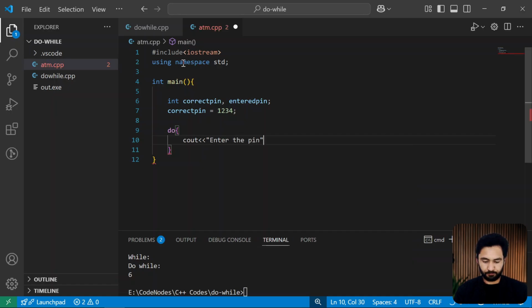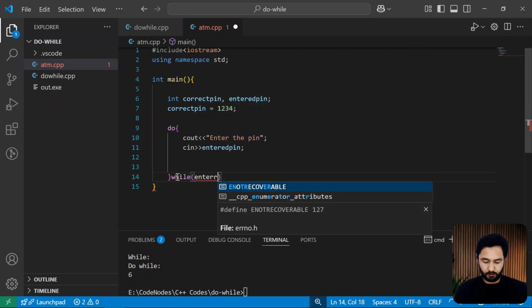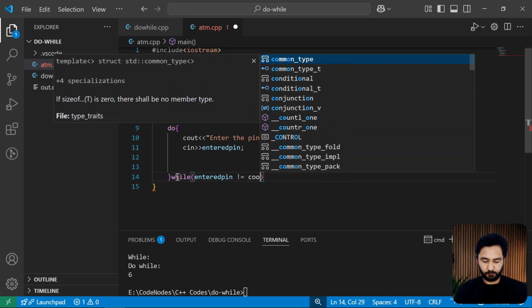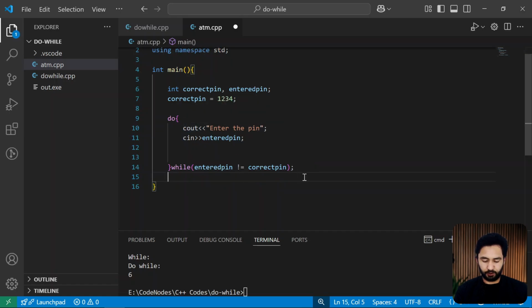enter the pin, with a semicolon, and cin enteredPin, and here we will write the condition while enteredPin is not equal to correctPin, and a semicolon here. While these are not equal, it will again execute this loop. If both of these match, then we will write a code here, cout welcome to ATM,